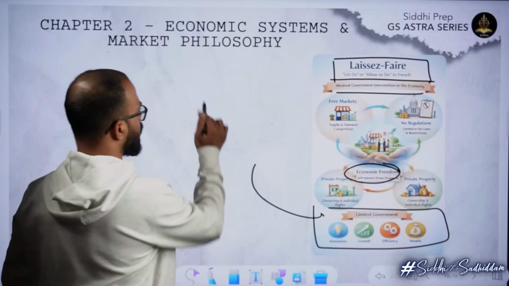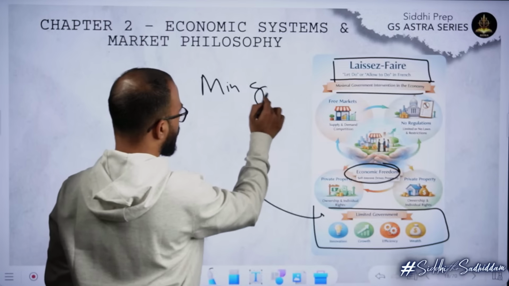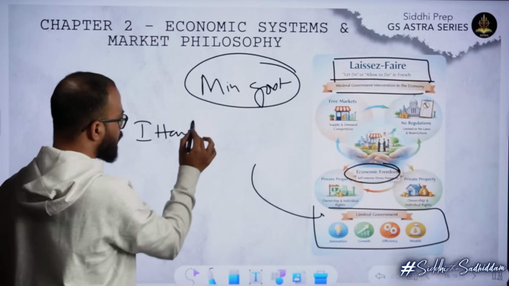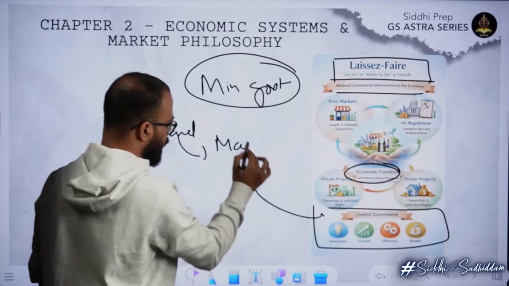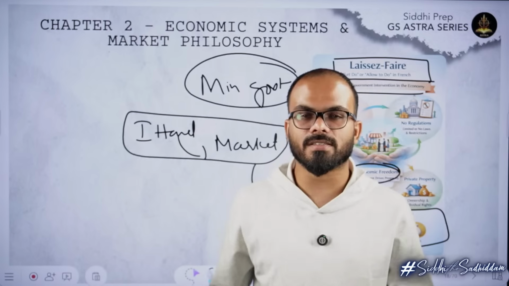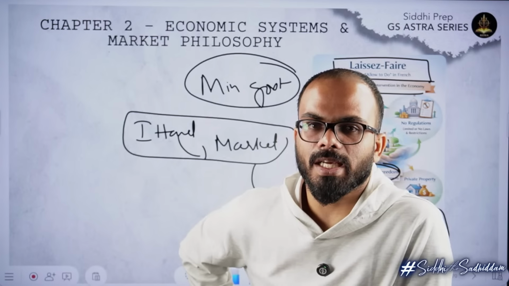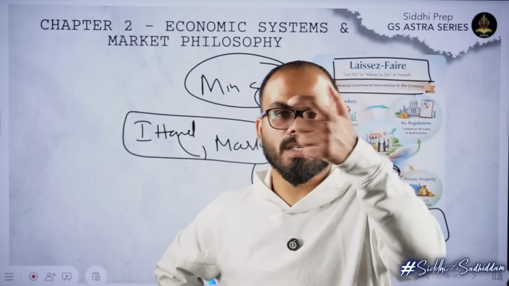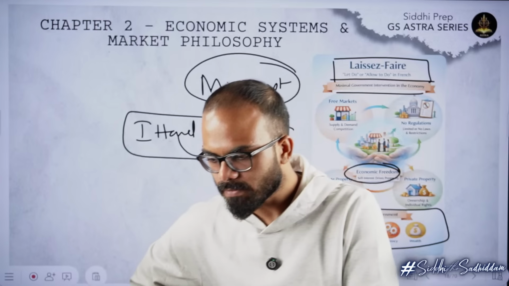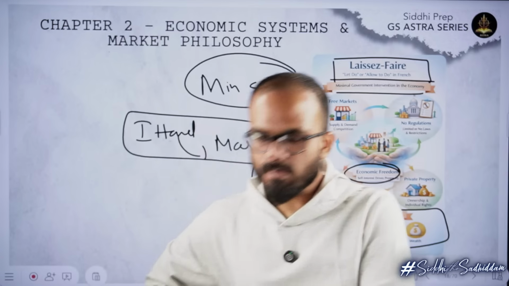The laissez-faire system is all about minimal government involvement, whereas the invisible hand theory says the market can control everything and anything. So I hope after this long discussion you will not make any mistake when there is a question on what is the laissez-faire system and what is the invisible hand theory, right? This is clear?